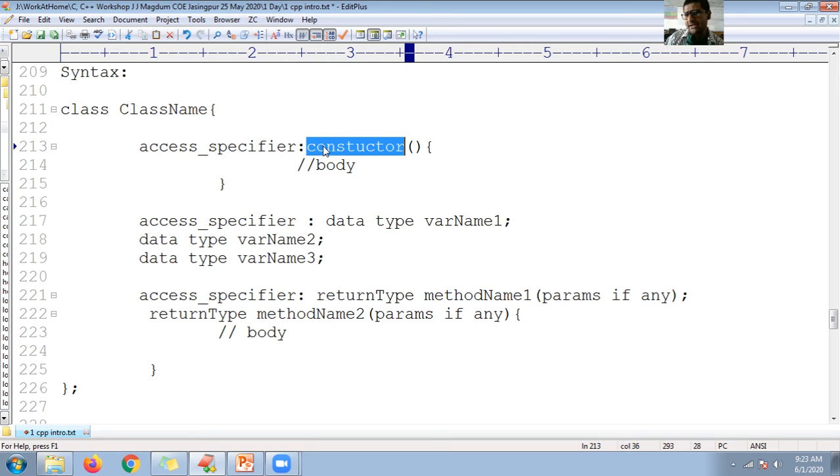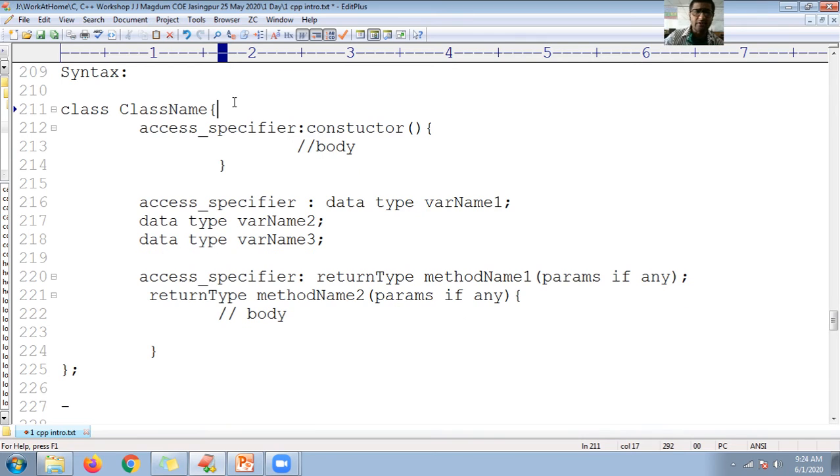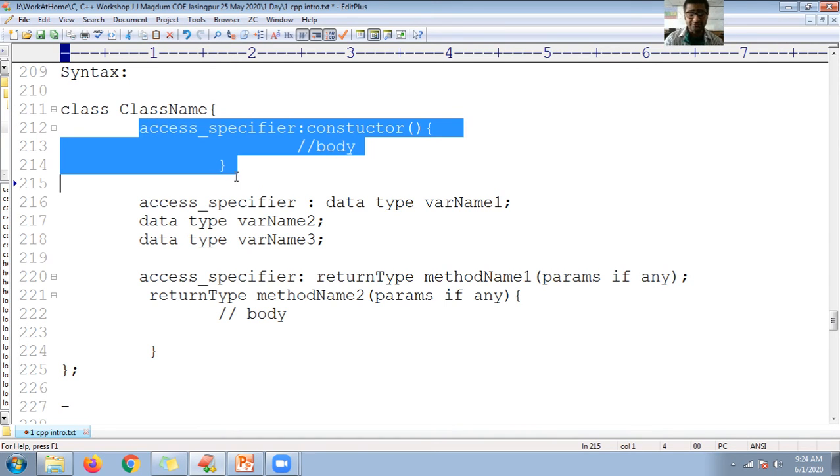So a class may contain a constructor or may not contain a constructor, but you need to have patience, guys. I will explain what the constructor is when the time comes, one by one. But by default, you will get one default constructor. Whether you create one or not, you will get the constructor. How and when, keep patience. I will explain, not now. Just understand the syntax first.